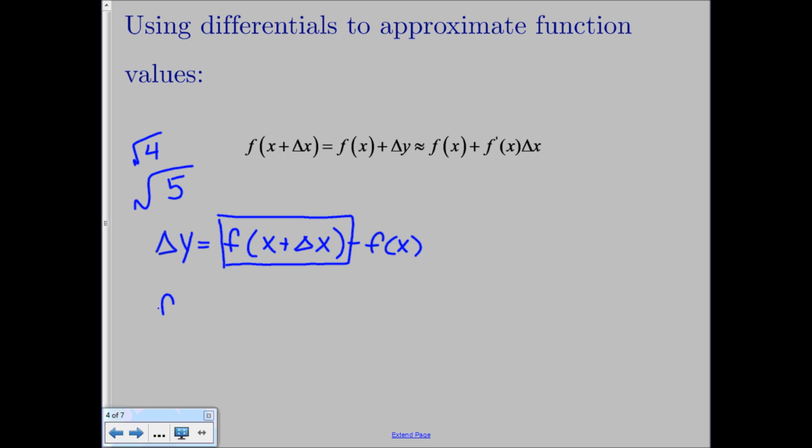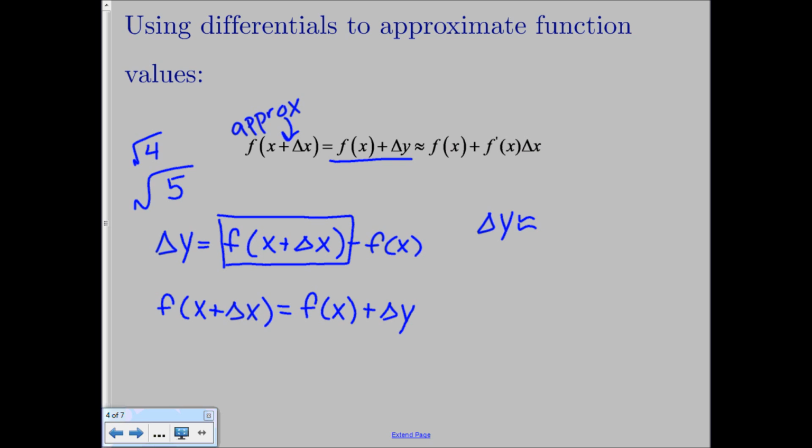So if we solve for f of x plus delta x, all we have to do is move that f of x over, so we get f of x plus delta y, which is exactly this first piece of the equation that's written on your screen. So when we're trying to approximate this value right here, f of x plus delta x, we're first going to say, well, that's just equal to f of x plus some change in y. But the change in y, that delta of y, is approximately this thing. Because delta y is approximately dy,